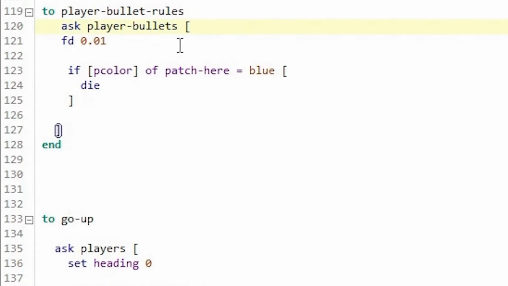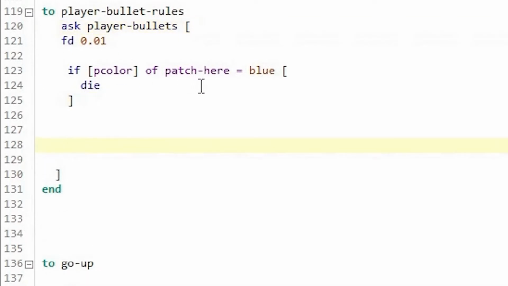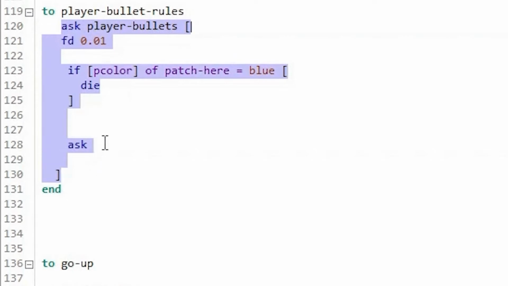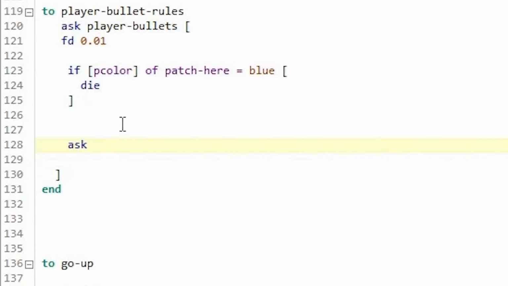So that means when we execute this ask player bullets, for each player bullet we are going to have another ask statement inside this ask player bullets. So we are going to ask any enemies. So if there are any enemies in the radius, so that means even if it's closer,